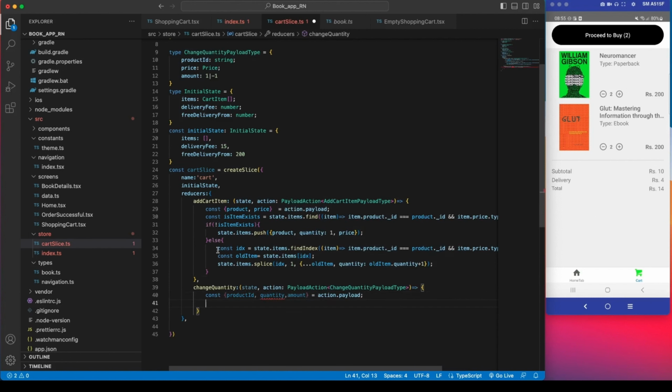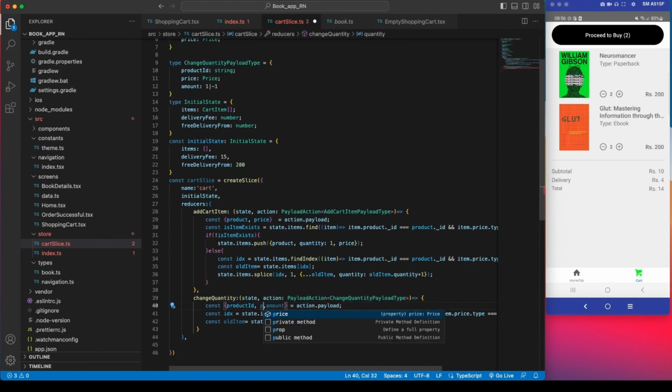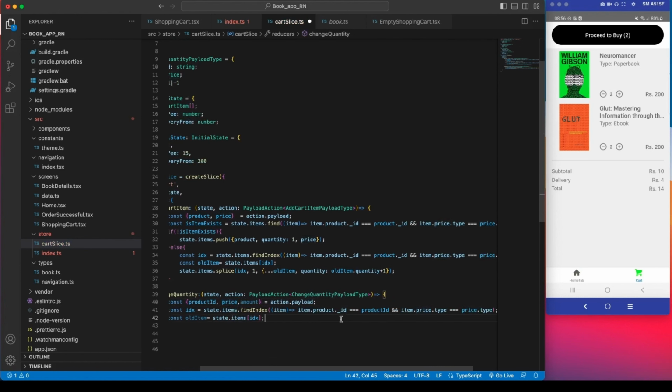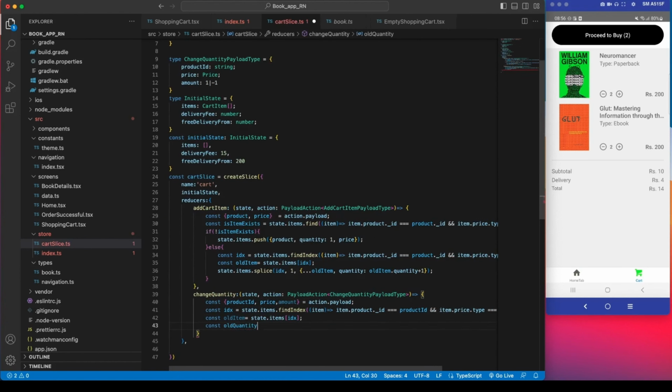So the index of this one will be similar to this one. We find out the index, which is this product ID. There will be no quantity, there will be an amount. With price dot time we get the old quantity, which goes to old item dot quantity, then the new quantity goes to